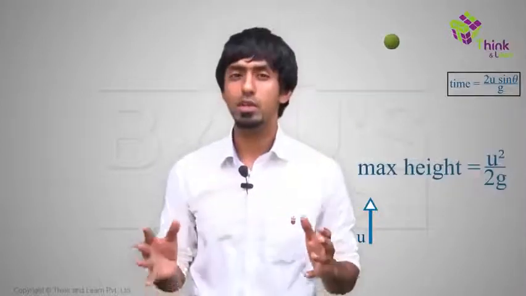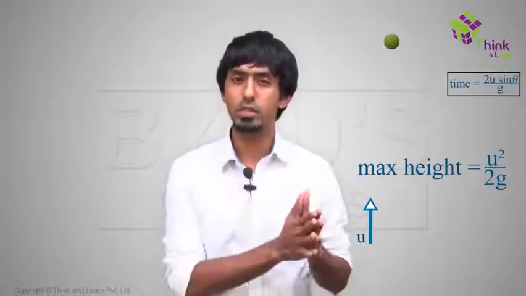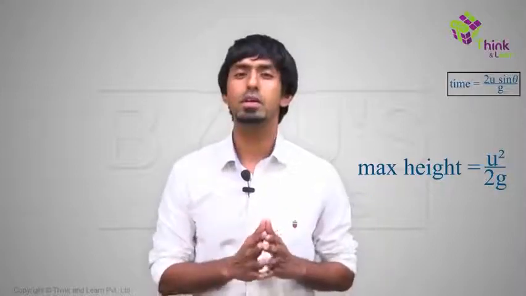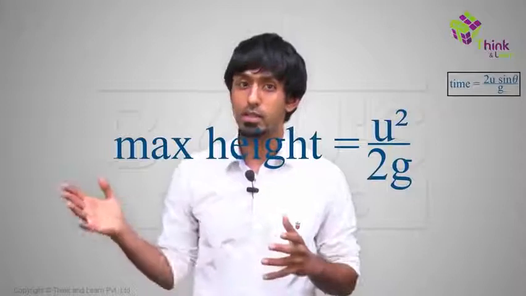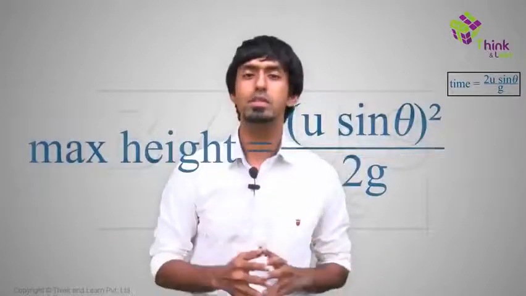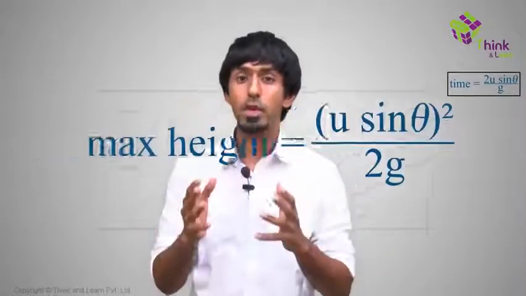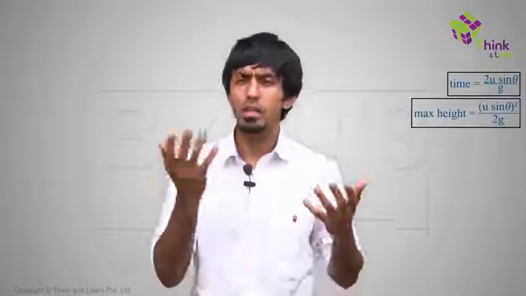So again, in our 1D motion, we knew this, right? If you throw a ball up at u, how high will it go? u square by 2g. It'll take you exactly 5 seconds to derive it using v square minus u square equals 2as. You can do it if you want to. So you have u square by 2g. That's if the ball is thrown up at u. But what's the ball thrown up over here? u sine theta. So you just replace again u with u sine theta. You get u sine theta the whole square by 2g. If you want to write it in another way, you can write u square sine square theta by 2g.